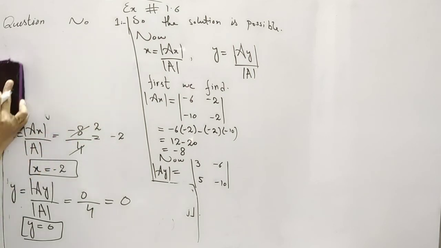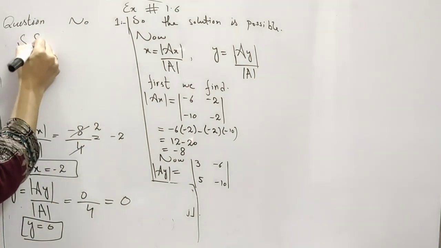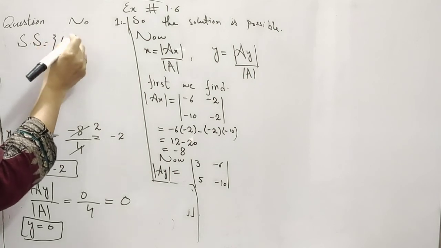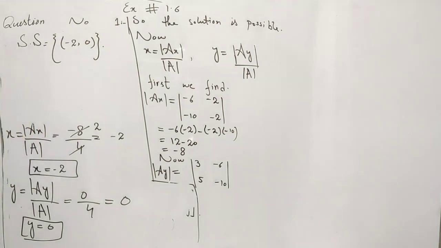Now we have the values of x and y. So the solution set is equal to the value of x and the value of y. These are equal to minus 2 and 0. So this is the answer of the fourth part of question number 1 by Cramer's rule. We will solve